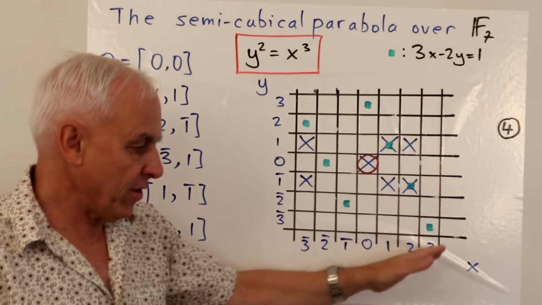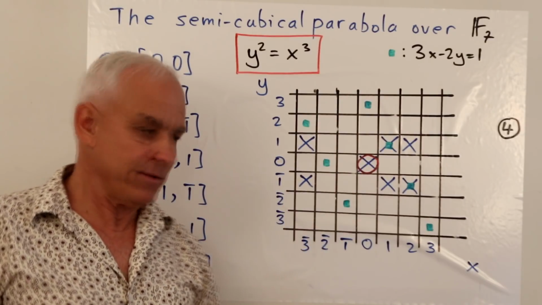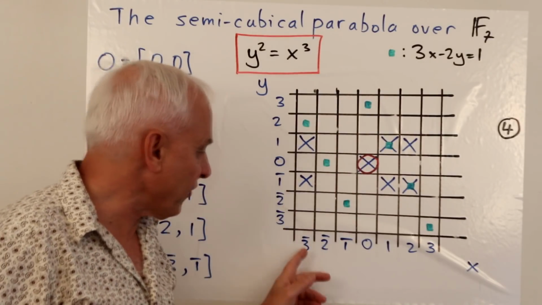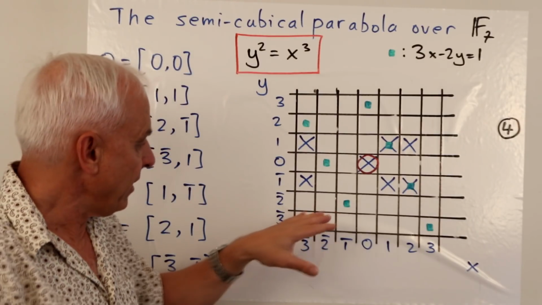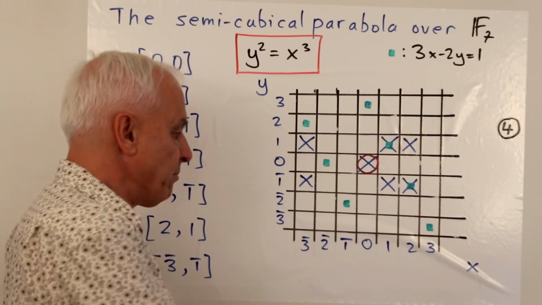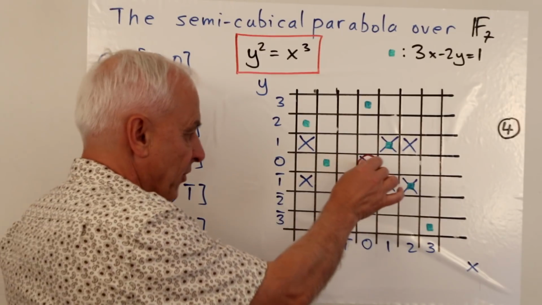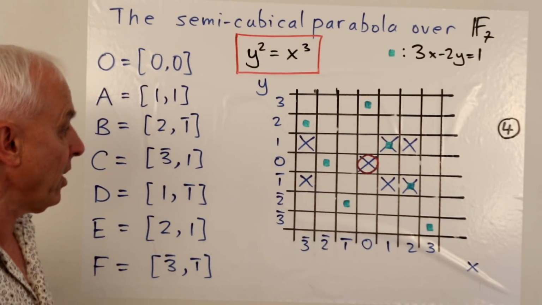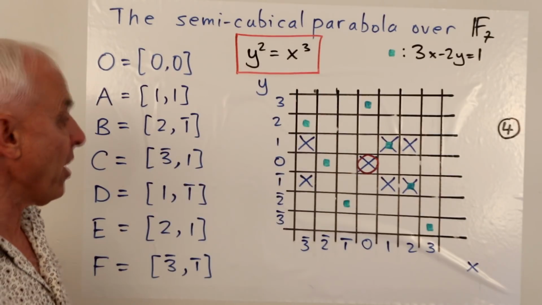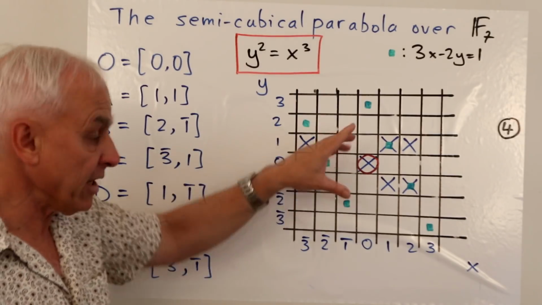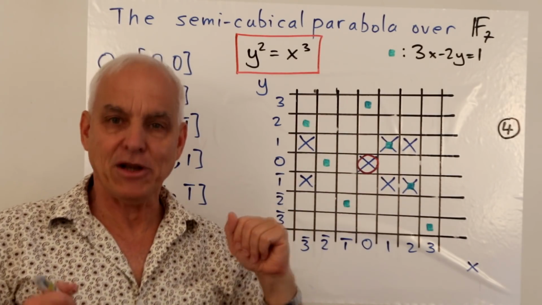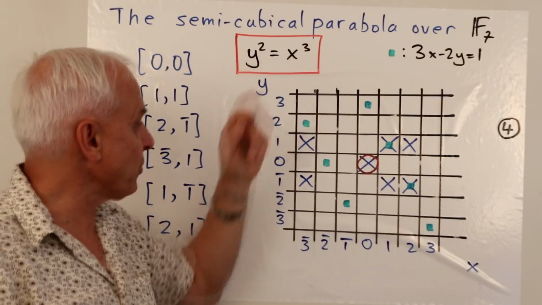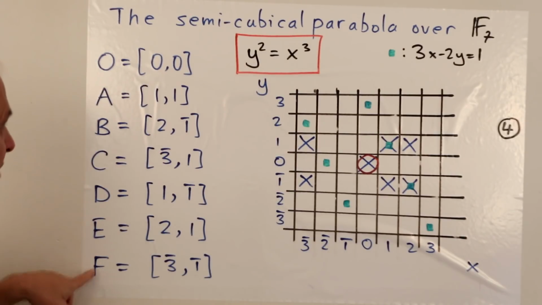So here is the plane over F7. Okay. X coordinates from 3 bar up to 3, y coordinates from 3 bar up to 3. So every point here is represented by one of these boxes. Okay, so for example, this box here is the point (0, 0). That's the origin, and that's obviously on the curve. In x's here, I've shown you all the points of the 49 that lie on the curve, that satisfy y squared equals x cubed. Let's have a look at what they are.